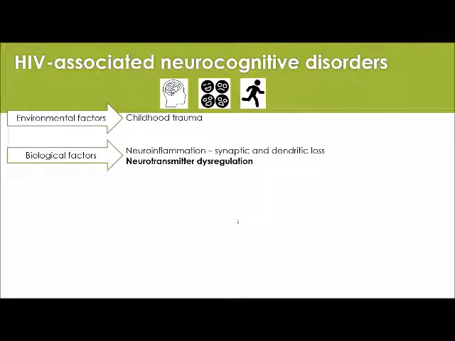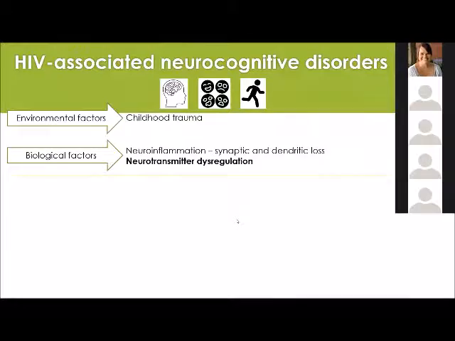HIV-associated neurocognitive disorders, or HAND, refers to cognitive impairment, emotional disturbances, and motor abnormalities that occur as a result of HIV-induced neuroinflammation and neurotransmitter dysregulation. The diagnosis of HAND relies on a number of neurocognitive tests, which assess functioning on several cognitive domains. Although these tests provide a diagnosis of HAND, other methods or markers of disease would be beneficial in understanding HAND in countries with a high HIV prevalence, such as South Africa.